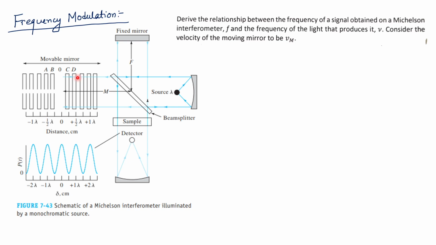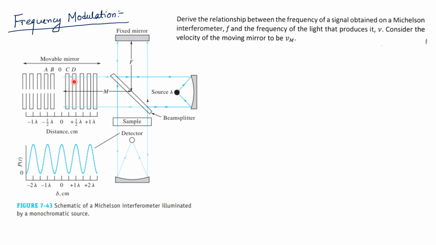Now suppose your mirror is moved to the B or C position, which is at minus lambda by 2 or plus lambda by 2. You will see the light is going to move by